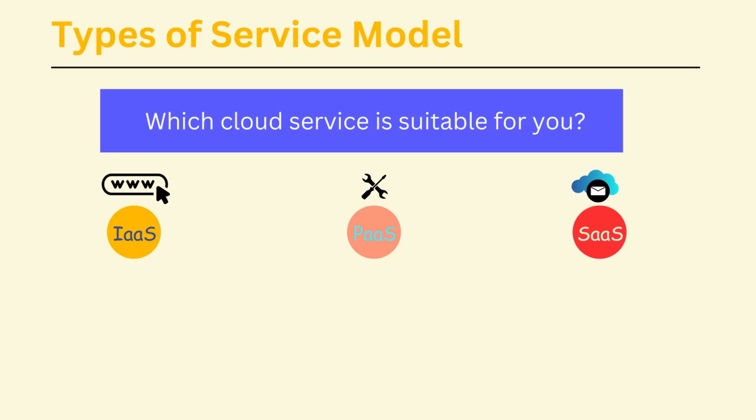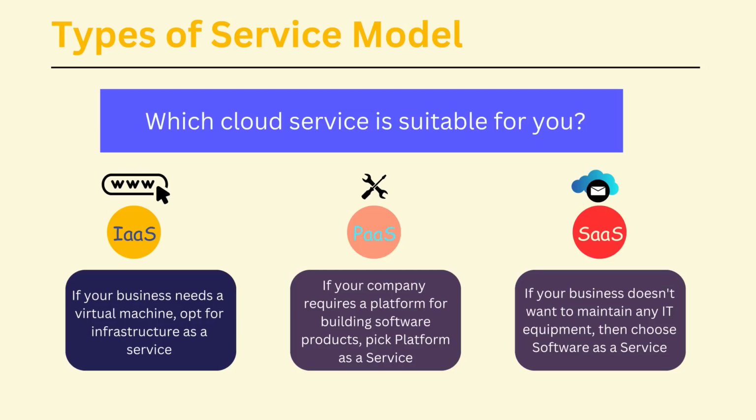Well, let me explain. If all that you want is just a VM and you have all the expertise to install the software on top of it and make it work, then go for IaaS. If you only want a platform or an interface to program or an interface to upload a program and make it run, then pick PaaS. Or if all that you want is a finished product hosted in the cloud and be able to access it through the internet, then go for SaaS.